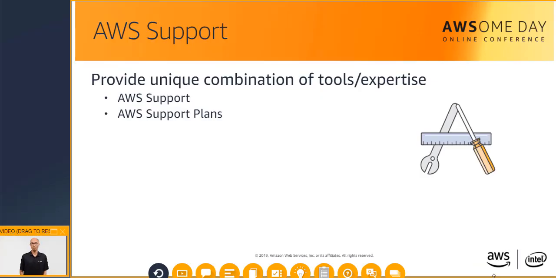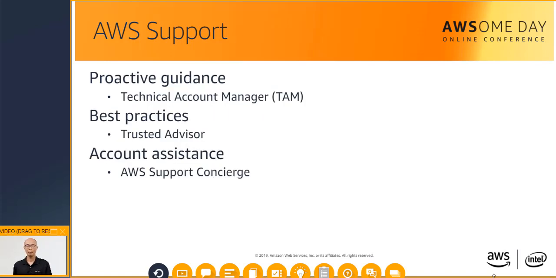AWS wants to provide the right resources to support your success. So whether you are new or continuing to adopt our services and applications as your business solutions, we want to help you do amazing things with AWS. AWS Support is there to provide you a unique combination of tools and expertise based on your current or future planned cases. With AWS, customers can plan, deploy, and optimize with confidence. If they need the support, AWS provides the tools and resources to guide